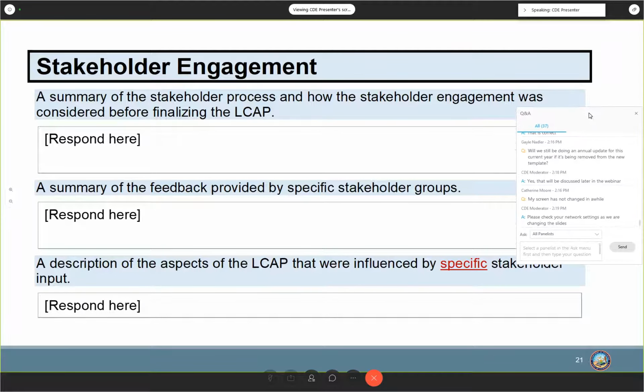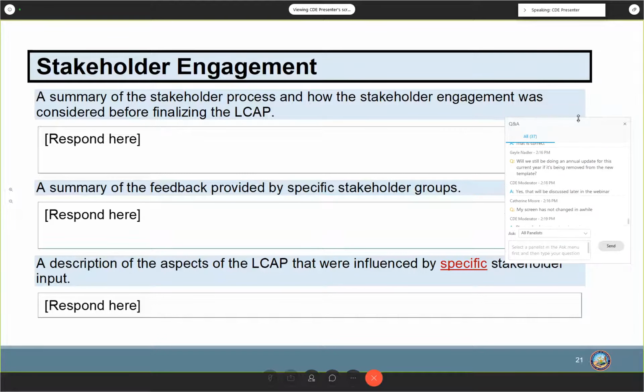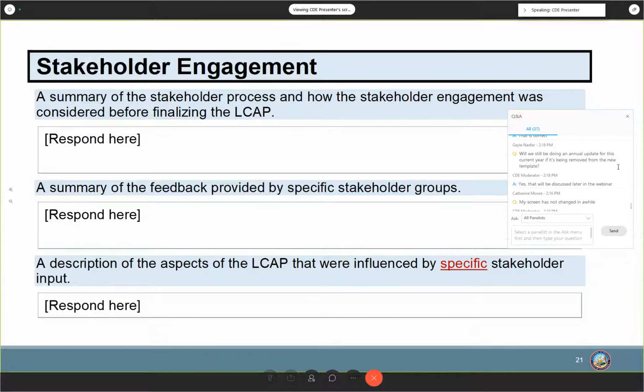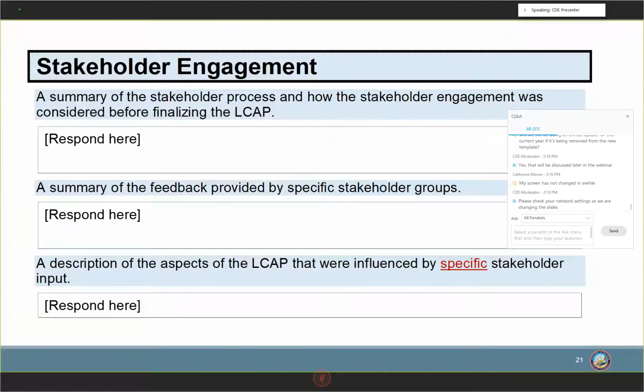Moving forward, we will be talking about the stakeholder engagement section of the LCAP. And I personally view this as the heart of the LCAP. As you know, stakeholder engagement is critical to the LCAP and has been a founding element of LCFF. Remember here that the LCAP development process serves 3 distinct but related functions, one of which is meaningful stakeholder engagement.